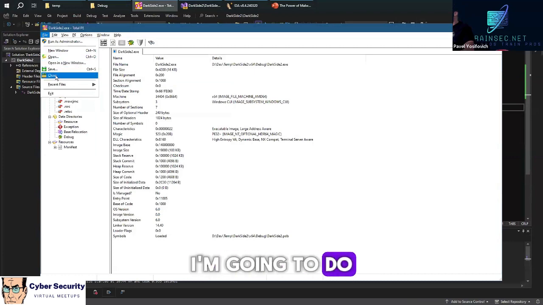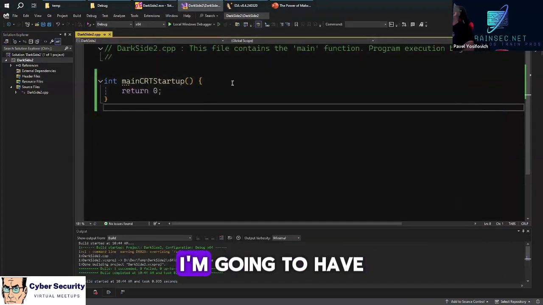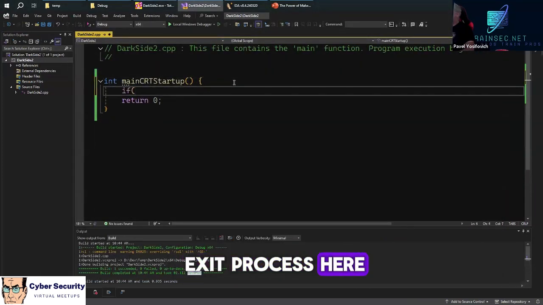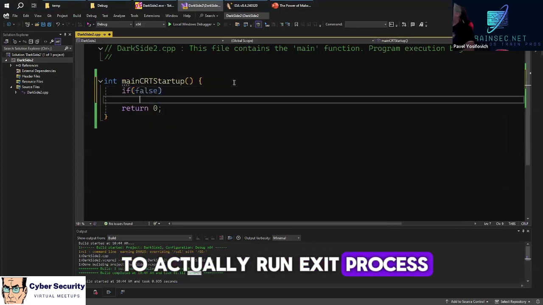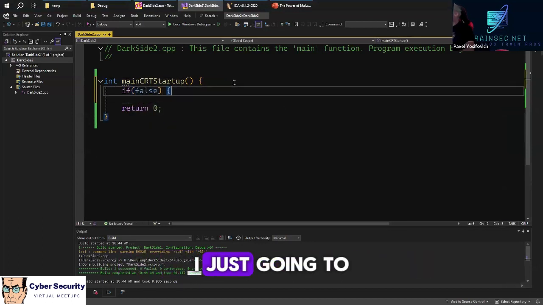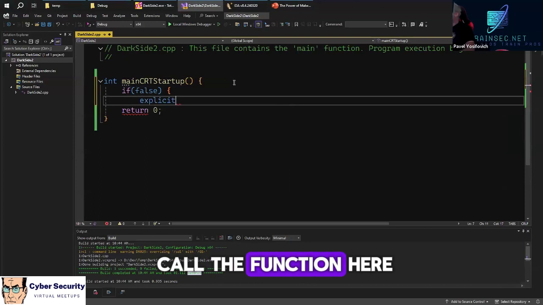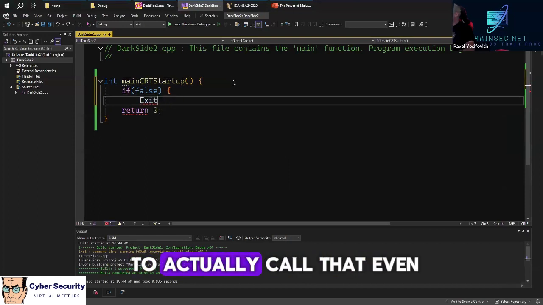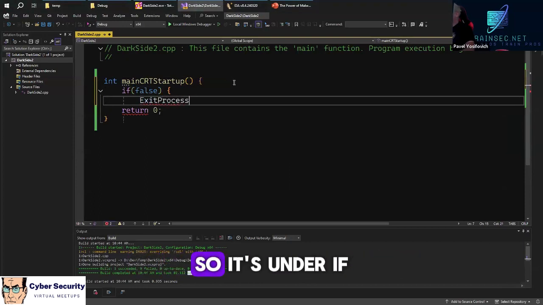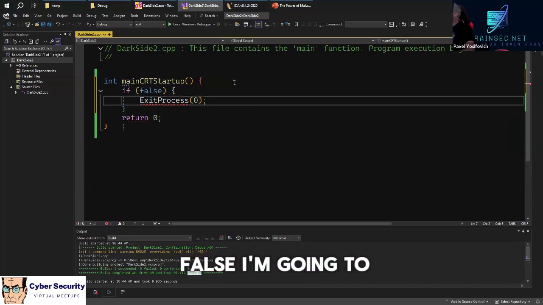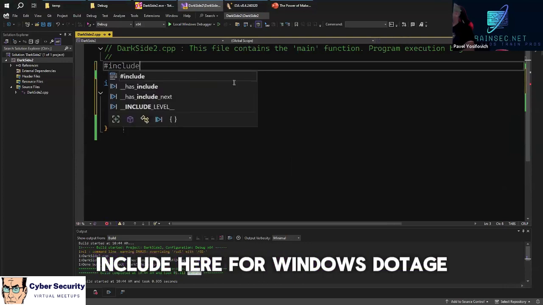However, I'm going to do what DarkSide does. I'm going to have exit process here. I'm not going to actually run exit process. Don't really need to do that. I'm just going to call the function here, so really not going to actually call that even. So it's under if false, and I'm going to have to add an include here for windows.h.